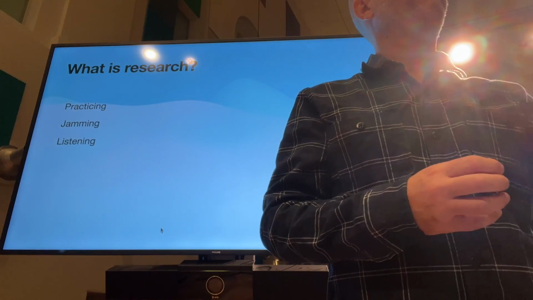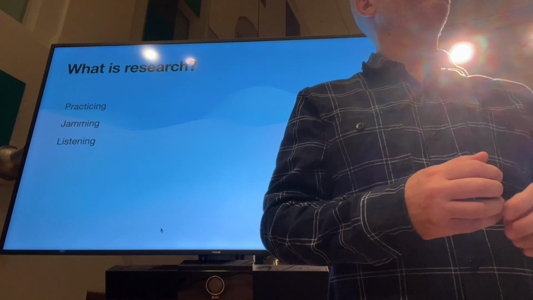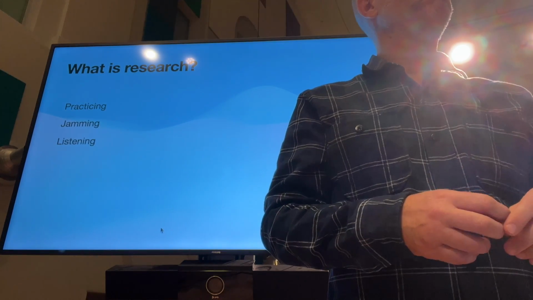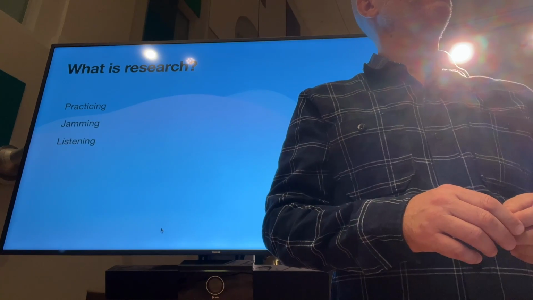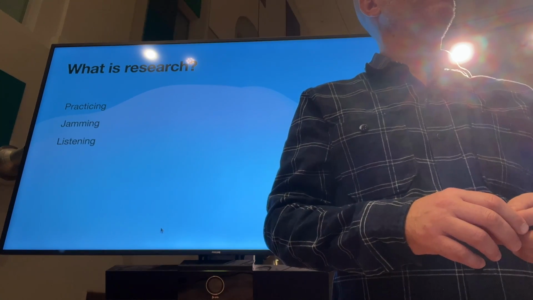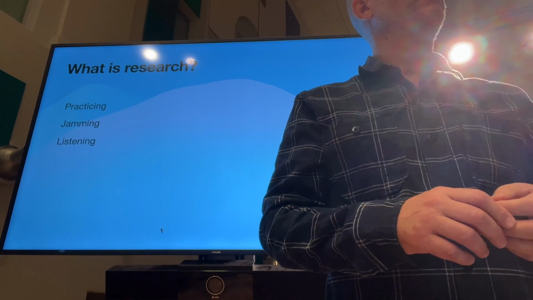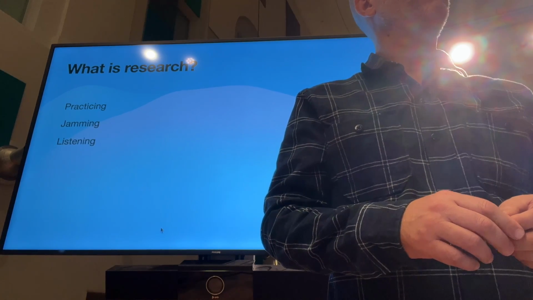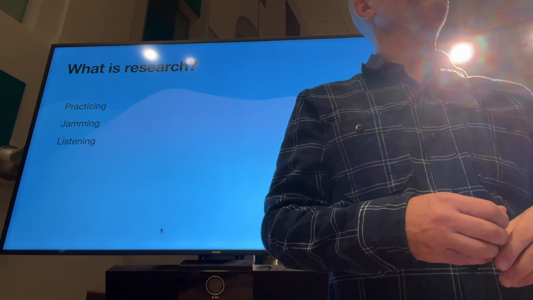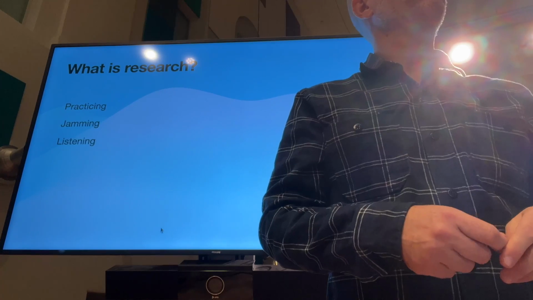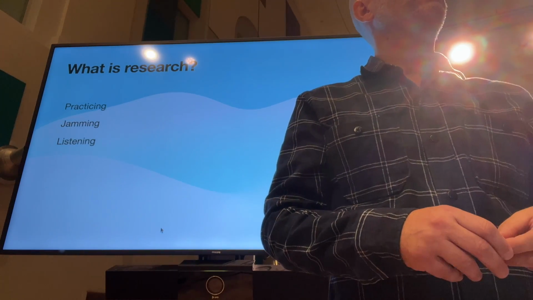I think to call something research, there has to be a sort of intent and scientific mindset. Because for example, with listening, you can listen to music with just the intent to have some sort of recreation, but you can also have a scientific research mindset when you're listening to music. If you're trying to get to the bottom of a question, or listening to the discography of a particular artist to satisfy your curiosity or to carry out some sort of experiment. So all these activities might be research or not, depending on your mindset.